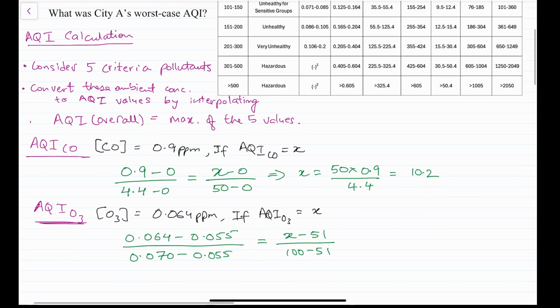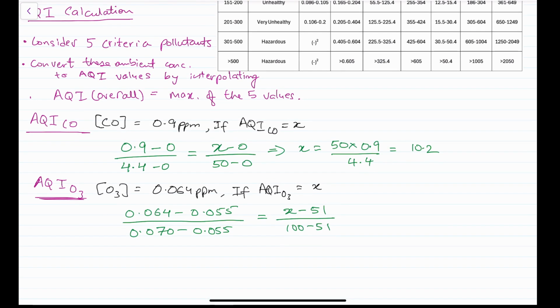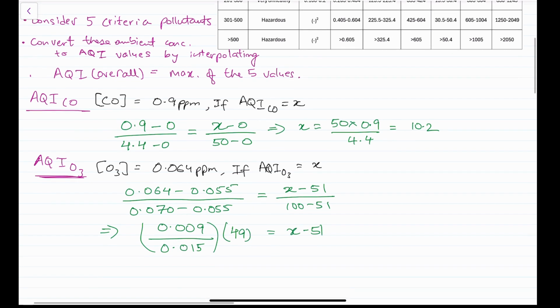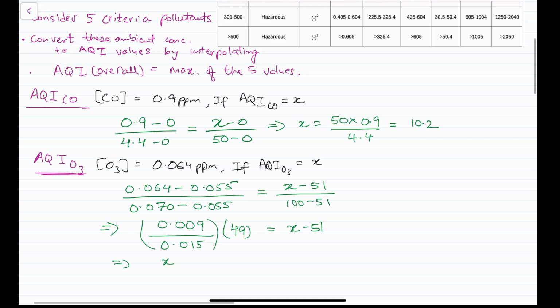So if I solve this, I get 0.009 divided by 0.015 multiplied by 49 equal to x minus 51. So you solve this, we get x equal to 80.4. Okay,